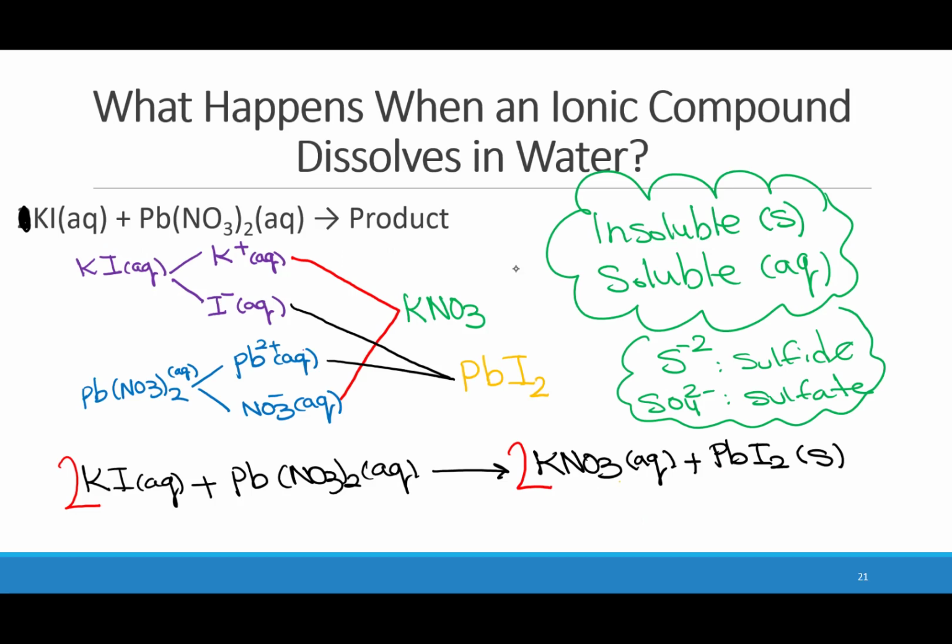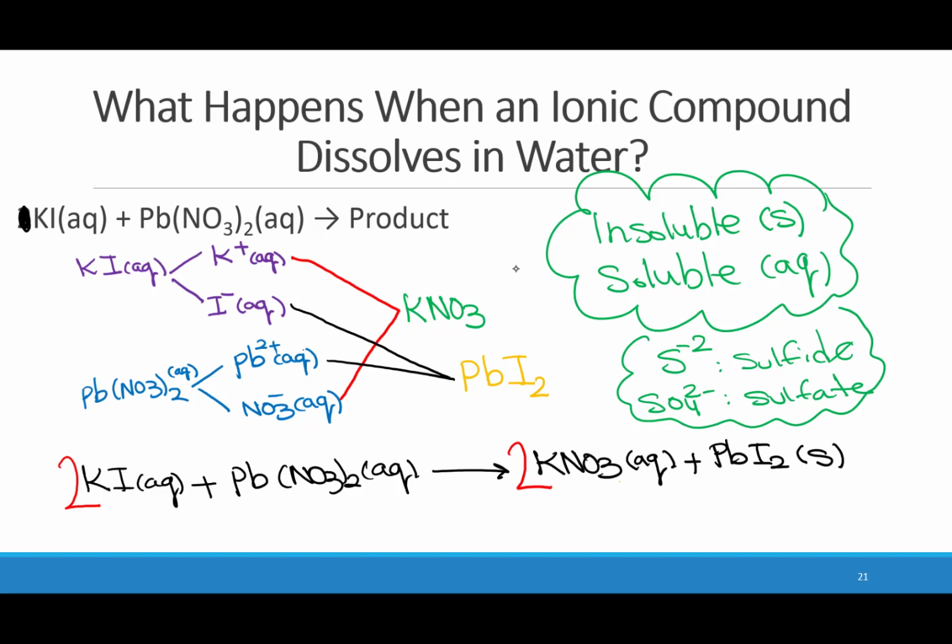Okay, now how do we write a product using two reactants? Here there's a reaction between potassium iodide and lead 2 nitrate. Potassium iodide is made of potassium ion and iodide ion, and lead 2 nitrate is made of lead 2 ion and nitrate ion. Then, as you could see in this example that I went over in class,